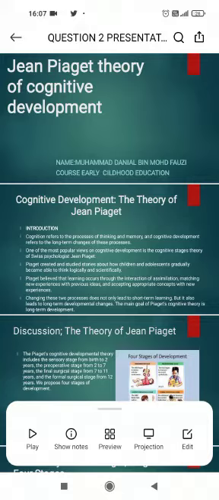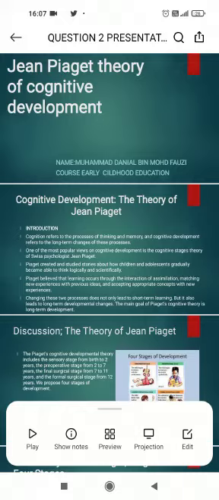So for today's presentation, I'm going to talk about Jean Piaget's theory of cognitive development. So the introduction: cognition refers to the processes of thinking and memory, and cognitive development refers to the long-term changes of these processes. One of the most popular views on cognitive development is the cognitive stages theory of Swiss psychologist Jean Piaget. So Piaget created and studied theories about how children and adolescents gradually became able to think logically